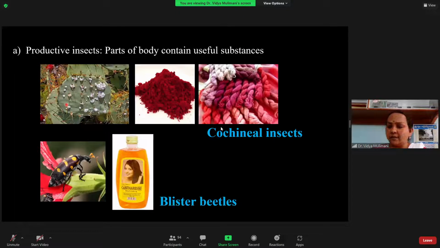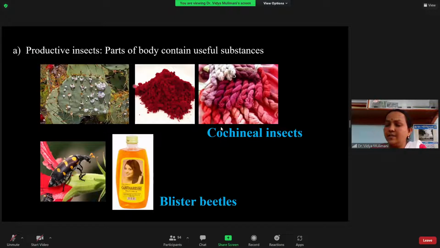So this is a cactus. Everyone has seen it, it is there in nature. This cactus is attacked by one insect. You can see here, it is a cochineal insect. So this cochineal insect feeds on the cactus. Okay. So these insects you can collect when there is a complete growth. You can dry them and we are going to get a dye. So this is a red color dye or the crimson color dye we are going to get from the cochineal